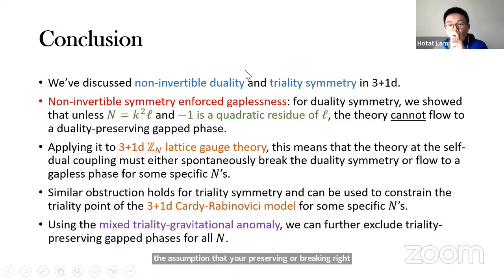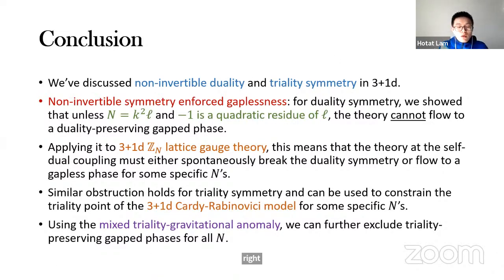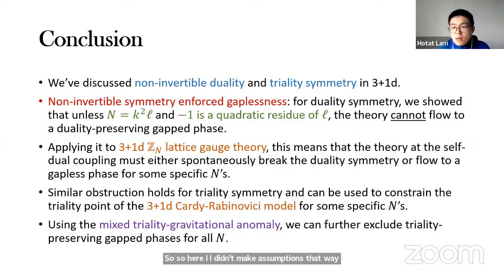No. Yeah, I think that's something I didn't emphasize in the talk. So here I didn't make assumptions about whether Zn is broken or not. I only assume that the duality symmetry is not broken. So when I say symmetry preserving, I only refer to the ones that preserve the duality symmetries. So I'm allowing the Zn symmetry to be broken. In fact, in the example that I discussed, for example Zk gauge theories that are invariant under gauging Zn symmetries, part of the Zn symmetry is actually broken. So the symmetry is broken from Zn to Zk, for example.